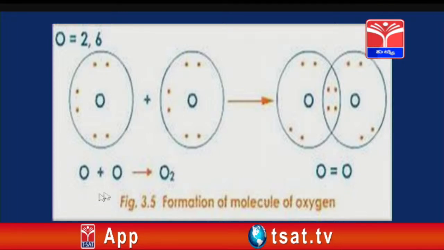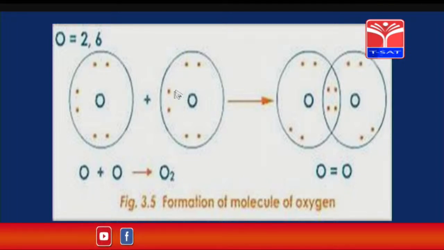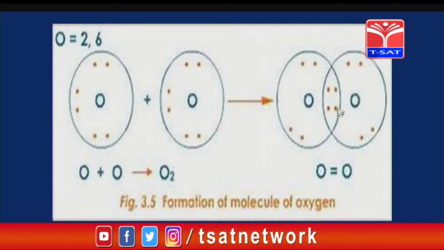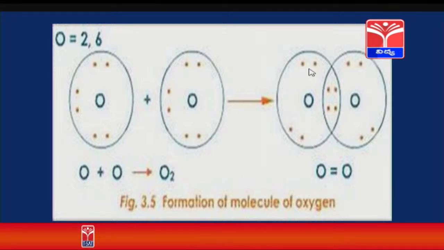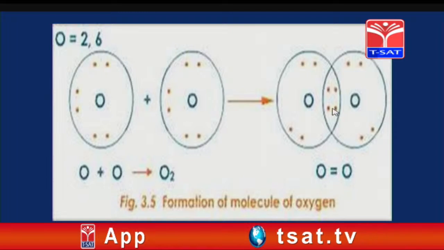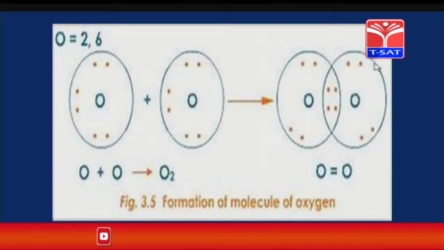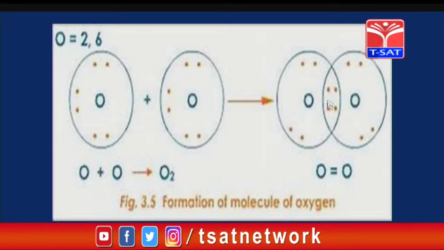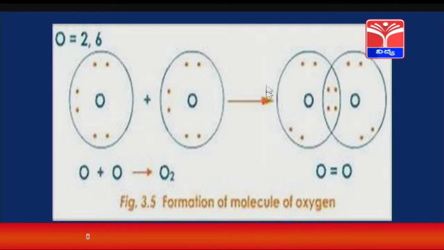So, when two oxygen atoms come closer, they share 2 pairs of electrons between them. And now, if you look at this oxygen atom, it has 8 electrons in the outermost shell. And now, look at this oxygen atom, it also has 8 electrons in the outermost shell. That means, each oxygen atom is contributing a pair of electrons to attain octet configuration, and thus they are sharing 2 pairs of electrons. And when 2 pairs of electrons are shared, a double bond is formed, because a